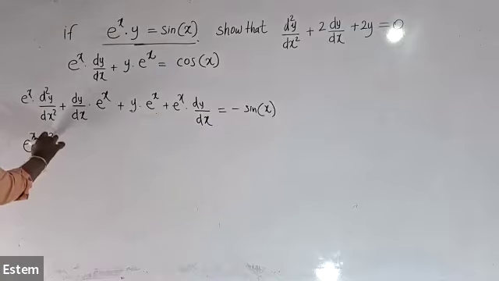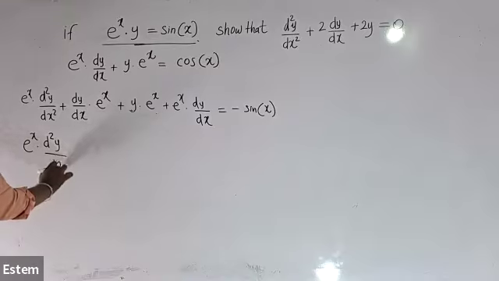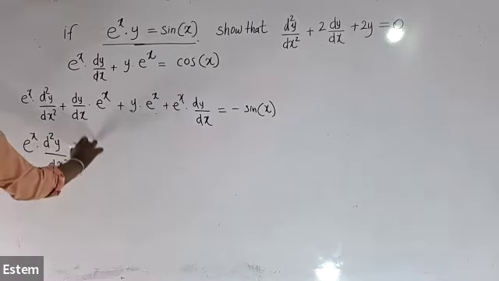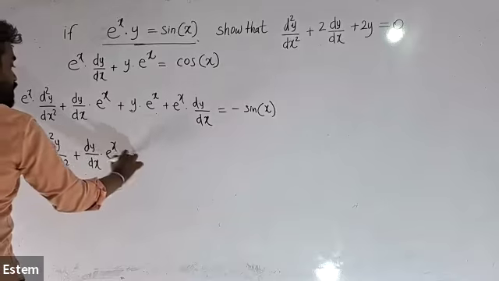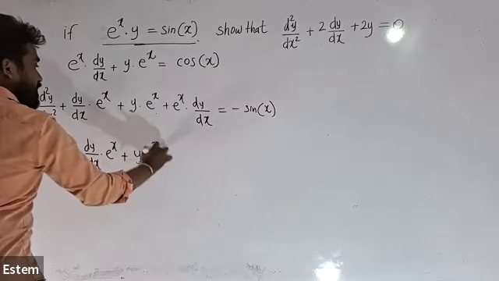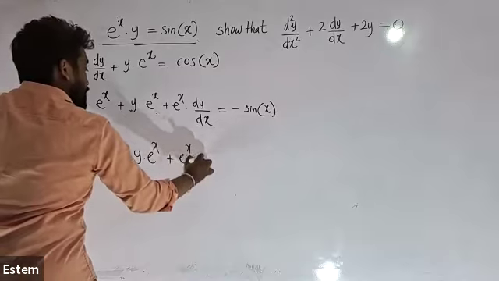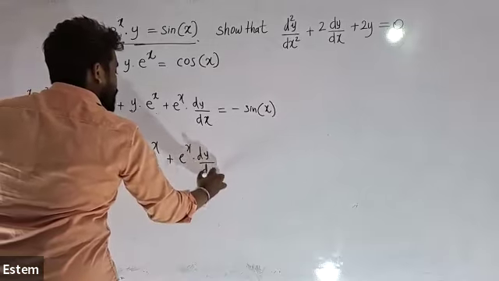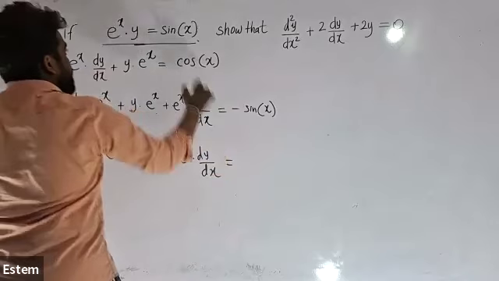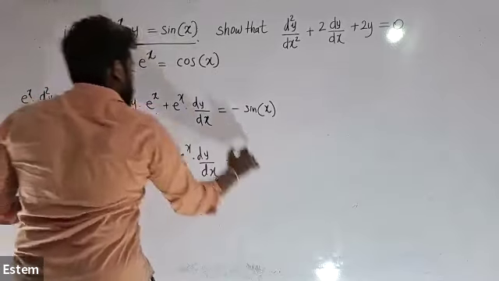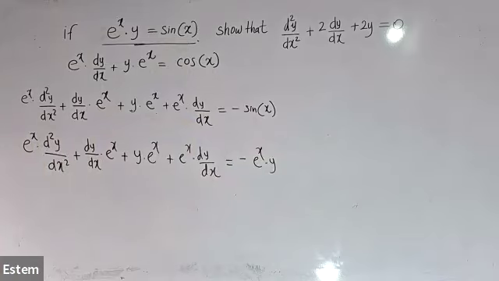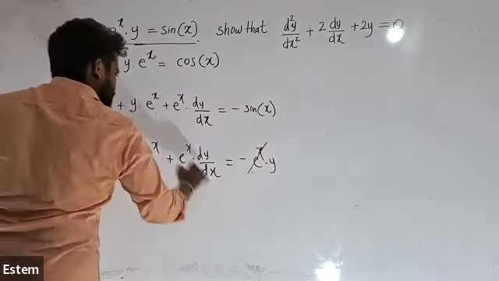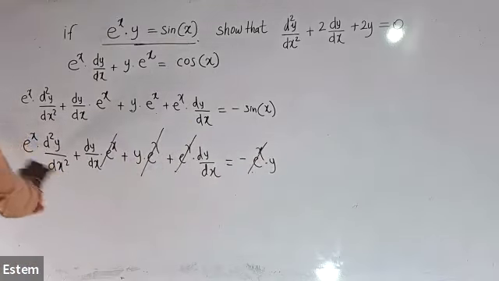Don't hesitate to write these things. d²y/dx² plus dy/dx e^x plus y e^x plus e^x dy/dx, now minus sin x is e^x y. Now we can cut off e^x. In all terms e^x is there, no? Then